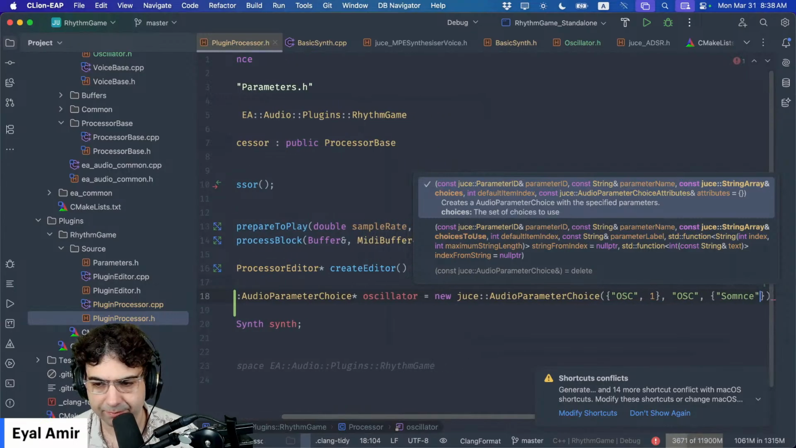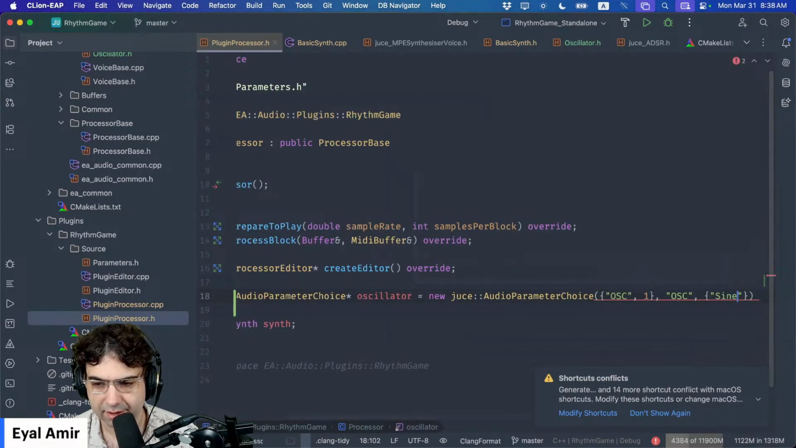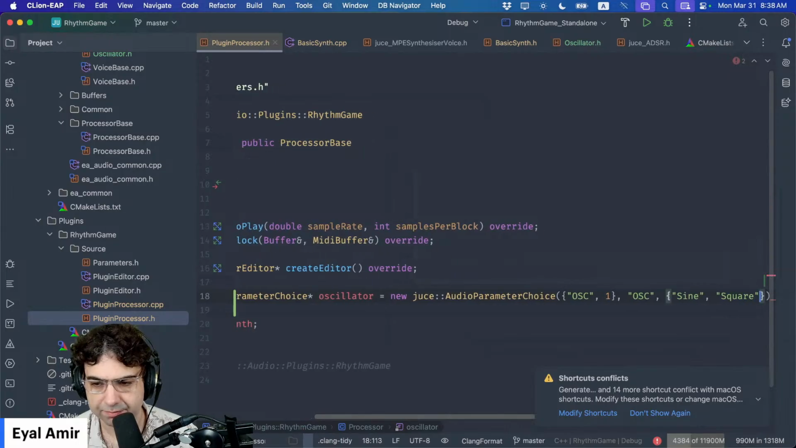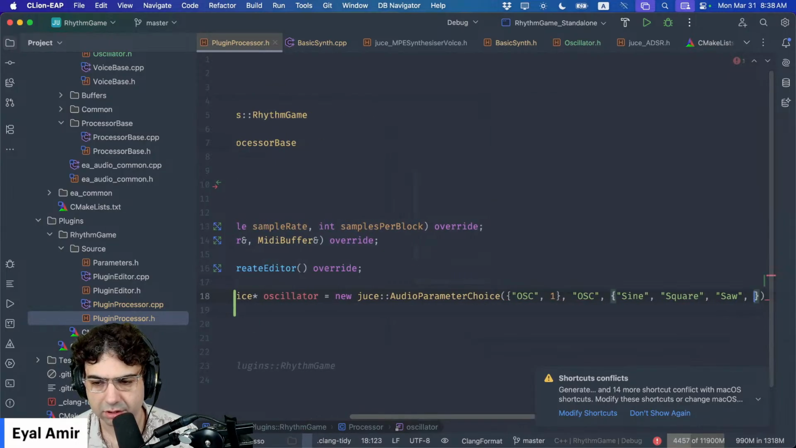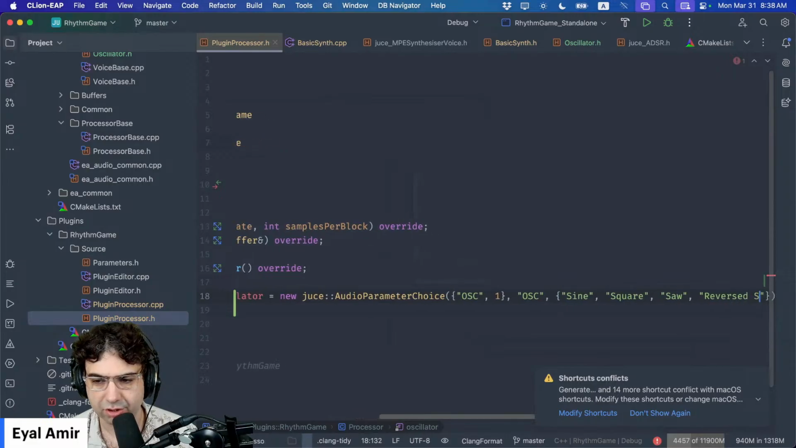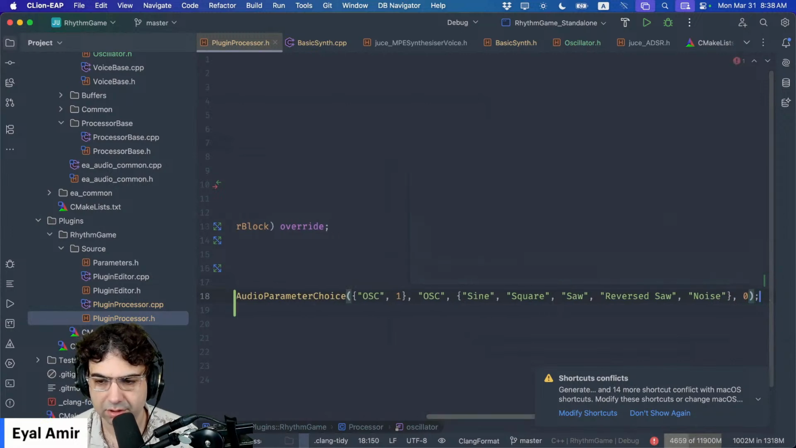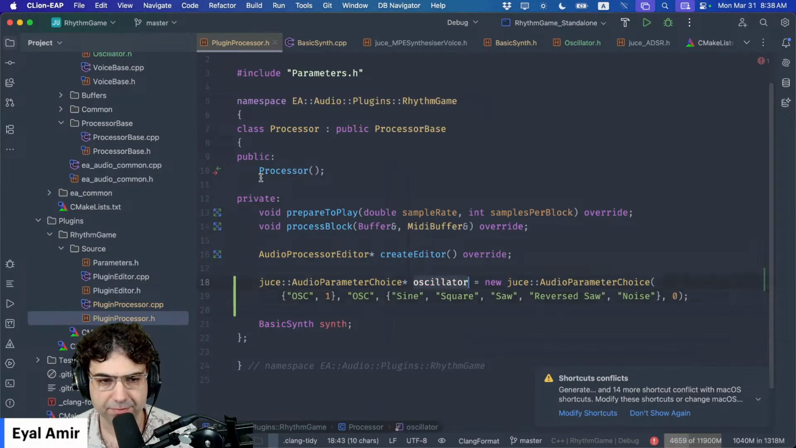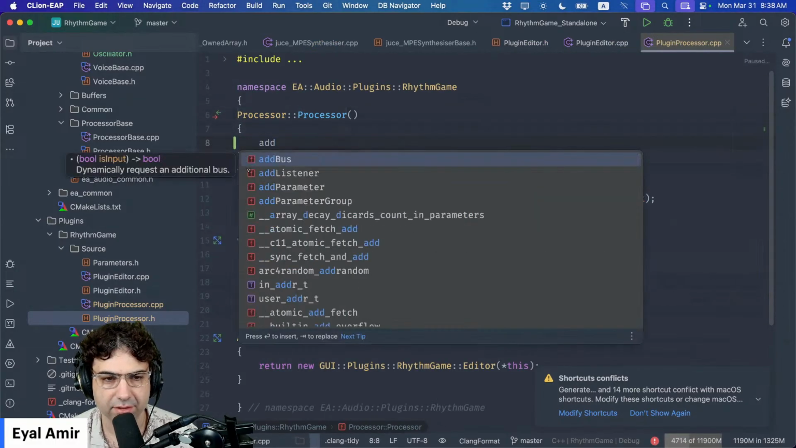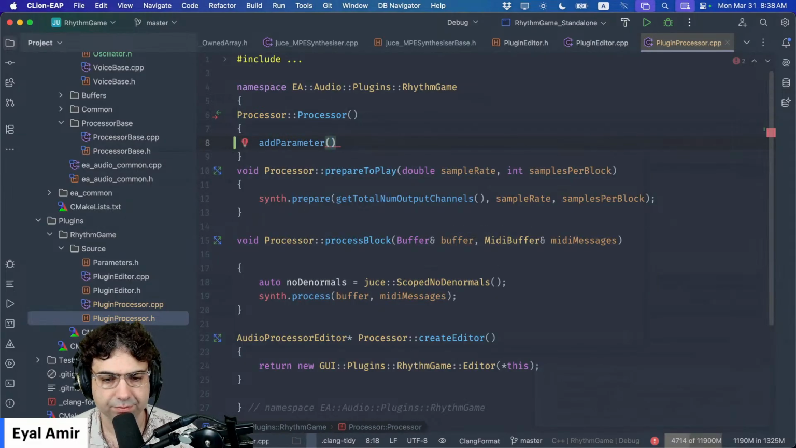Now we need a selection. So it's sine. Hope I did this in the correct order. So sine, square, saw, reversed saw, noise, and the default is 0. So this is my beautiful parameter. I can add it. So add parameter oscillator, and then when I'm processing it,